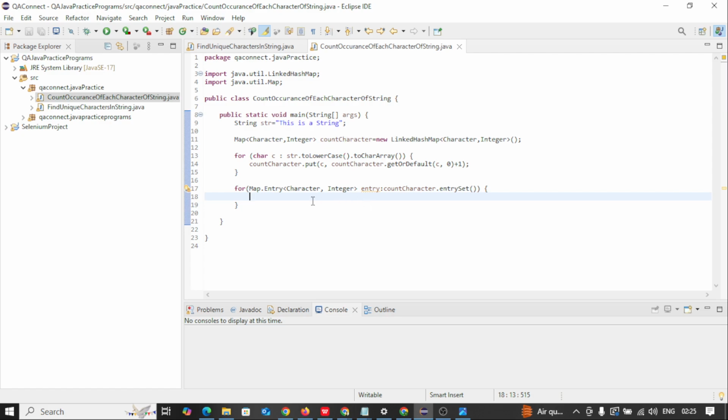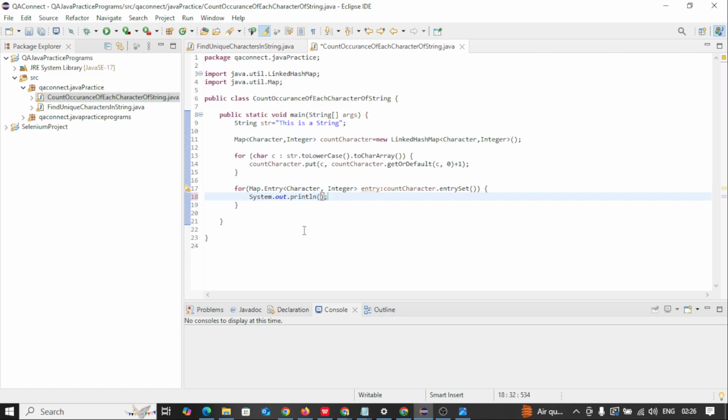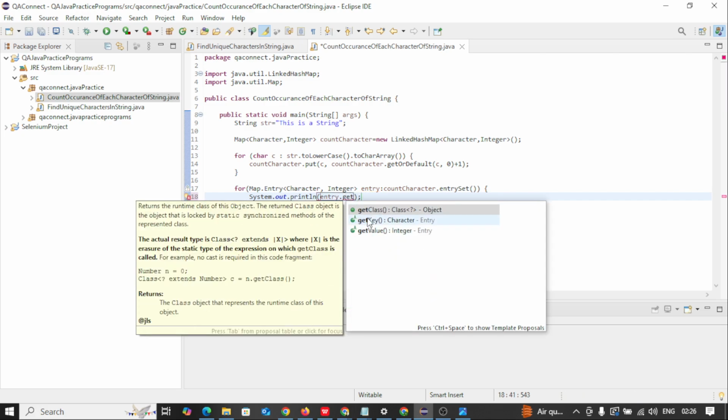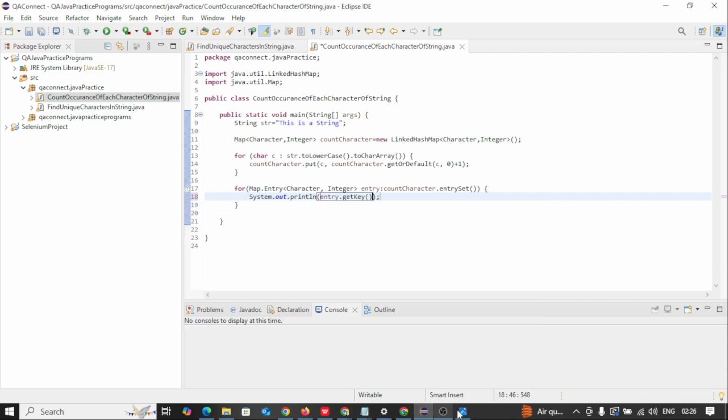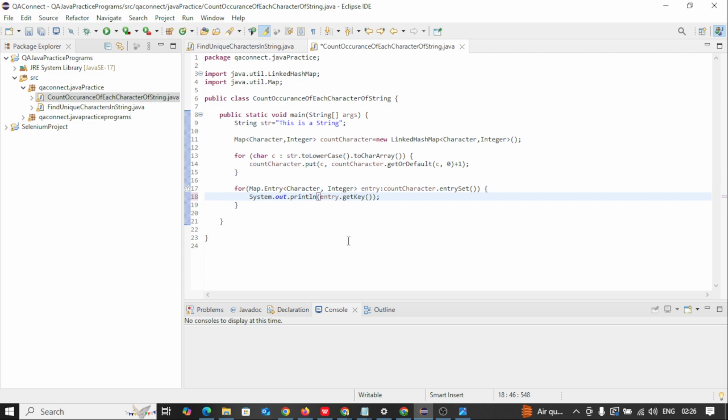And now what we need to do is just print the key and the value of every character that exists in the map, right? So here we'll use entry.get. For every entry, as I have already discussed, this is the entry, this is the key, and this is the value. So getKey and getValue. For every entry we will get the key and the value. In this way we can print our